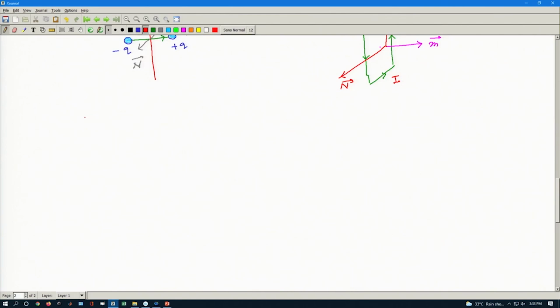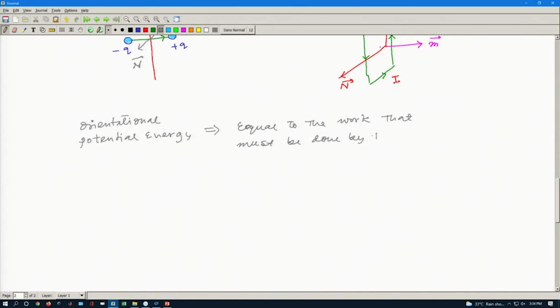In this case we had something called orientational potential energy, which is equal to the work that must be done by the dipole moment, dipole moment m,